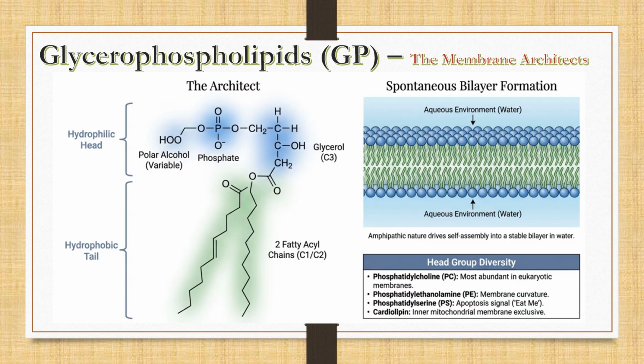Biologically, glycerophospholipids are the principal structural components of biological membranes. They form lipid bilayers that define cellular boundaries and organelles. In addition, some glycerophospholipids participate in cell signaling, acting as precursors of second messengers. Their structure is perfectly suited to their role as the architectural framework of cells.